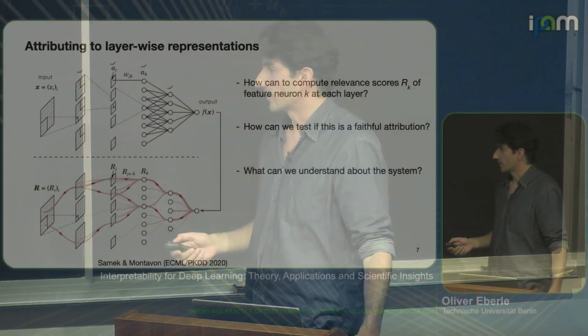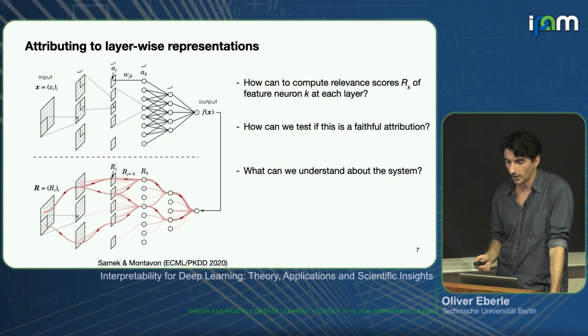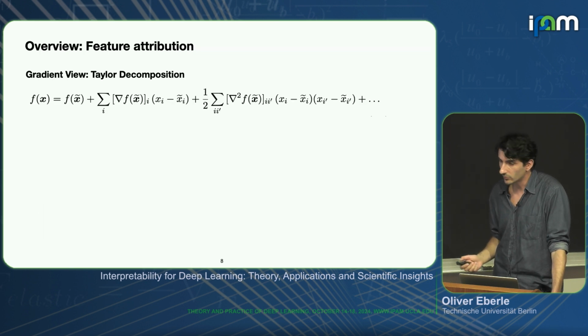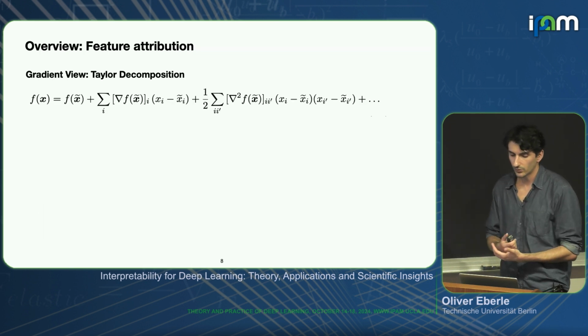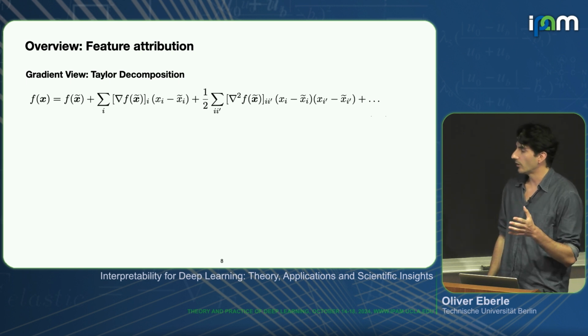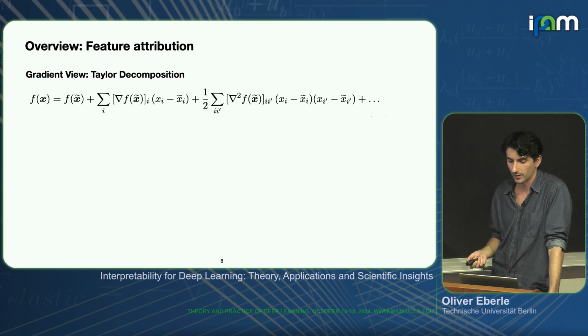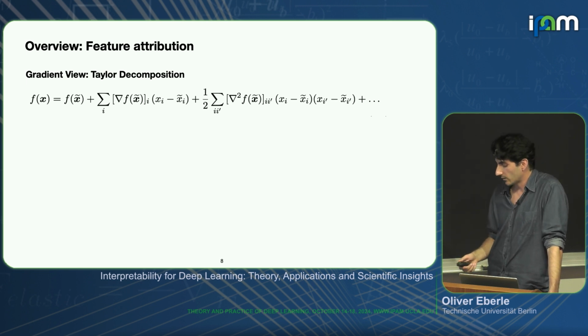Exactly, and then we can ask these more general questions, like how can we understand what actually happens? Does it help our understanding of the problem-solving abilities, and so on? Okay, so how can we do this? I think a pretty early idea, even from before deep learning, is to exploit gradient information to get an idea of what the model is actually doing. You can compute a simple gradient for a very shallow model, and this might already be sufficient.